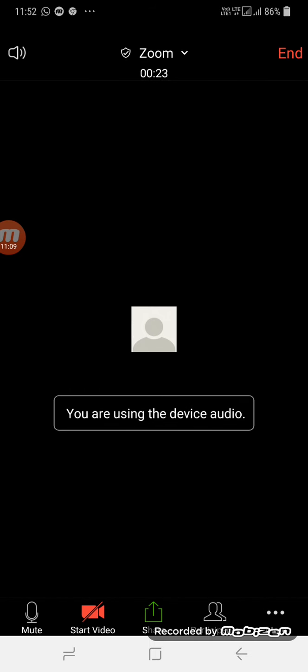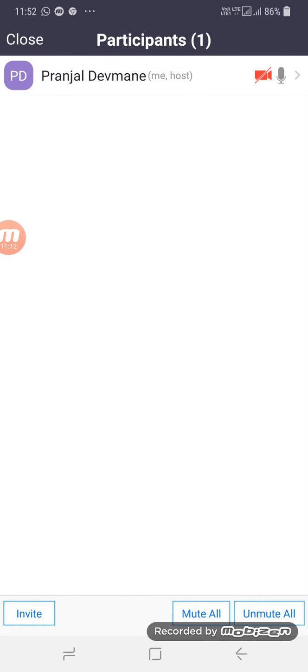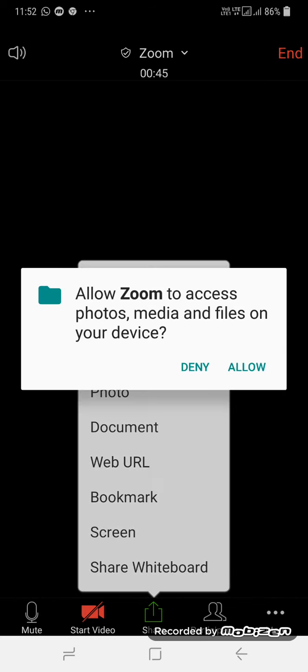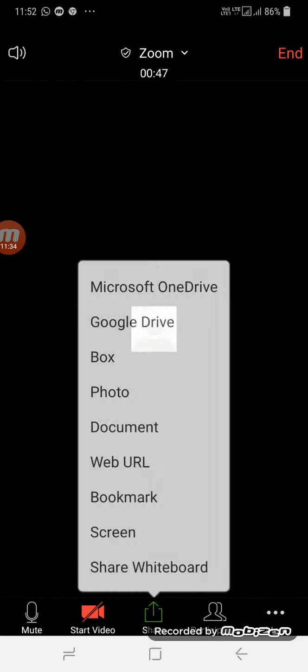Okay, see here, as you are a host, you can see who the participants are. See, if different participants join, then they will be shown here. Okay, if you want to share your screen, you can just click on share. Then you can share from different places, like you can share from Google Drive. You can go and access the drive documents. Click on your document, and automatically that document will be shown on your screen, and the same thing is shared to all the participants present there.